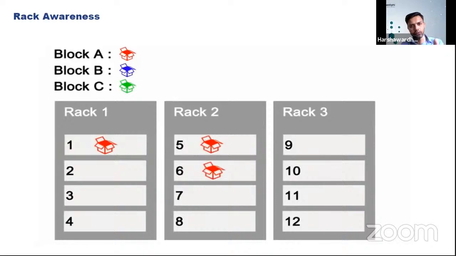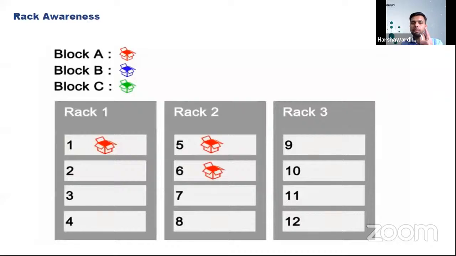There is one algorithm which is running. When you store the file, automatically it keeps track of these things, and it's the name node that takes this decision: where to store the data and how. It's not the data node, it's the name node. It's the name node that redirects the HDFS client: you have to store the data on data node 1 first, and then the name node instructs, after data node 1, it should go to 5, then to 6, and this is how the data gets stored.